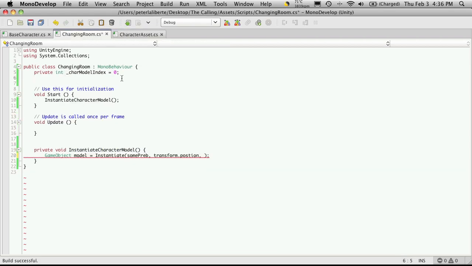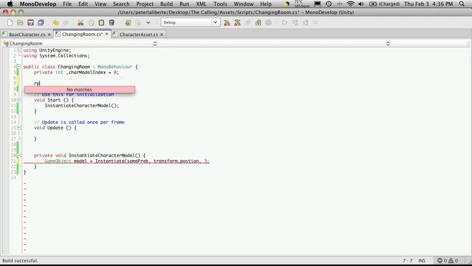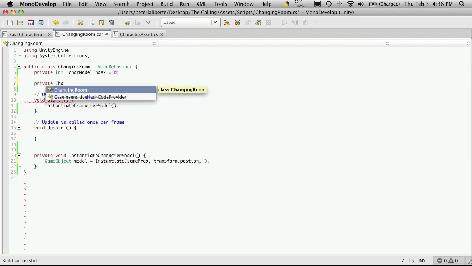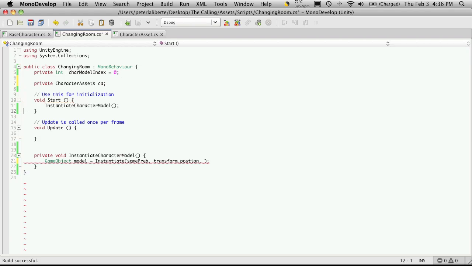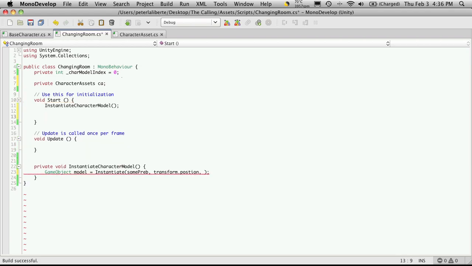So let's create a private variable over here for now. And it's going to be of type character asset. Later on, we'll want to move this to basically a major manager, which will control all the other smaller managers. But for now, we're just going to put it in here because we just want quick access to it. So character assets, and I'm just going to call it CA. And in our start function, we'll actually go and find it. So CA